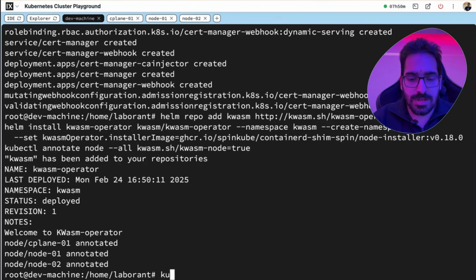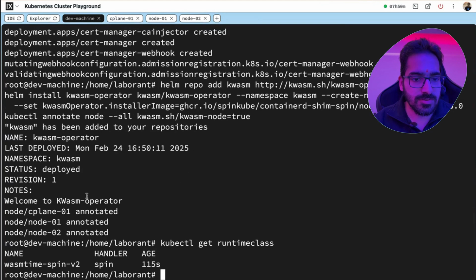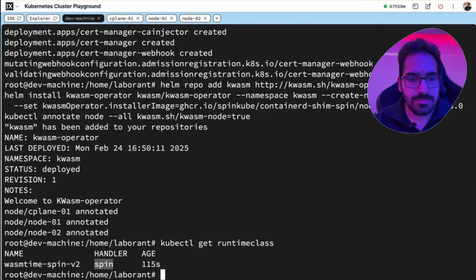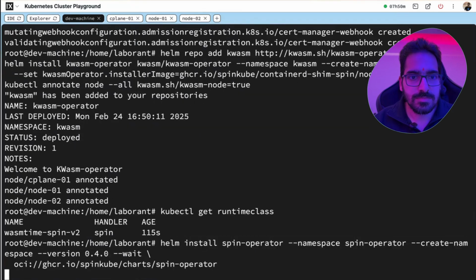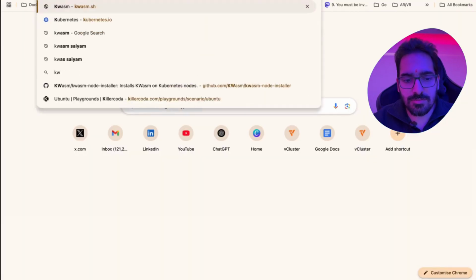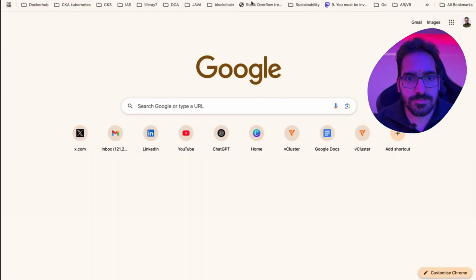So now let's go back, kubectl get runtimeclass. We'll be able to see that we have a wasmtime-spin-v2 runtime class with the Spin as handler. Let's now install the operator. I mean, right now we can just have a WebAssembly pod. If there is a WebAssembly pod, we can actually get that from kwasm.sh